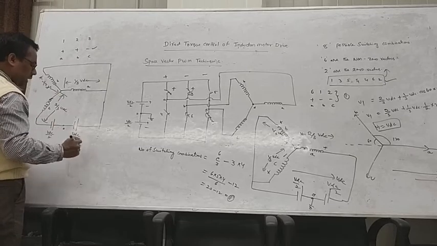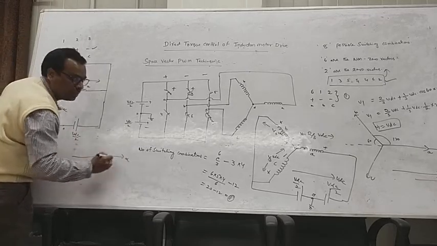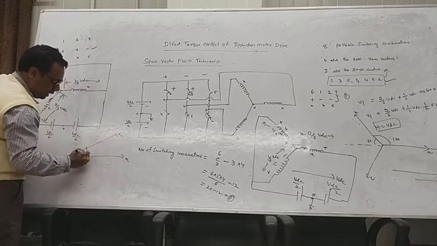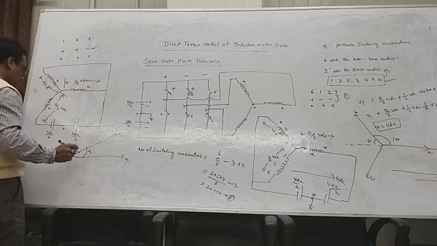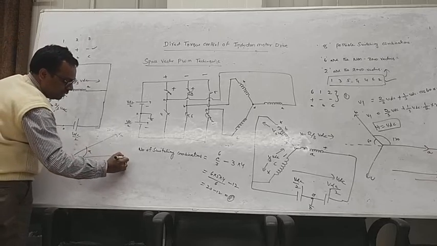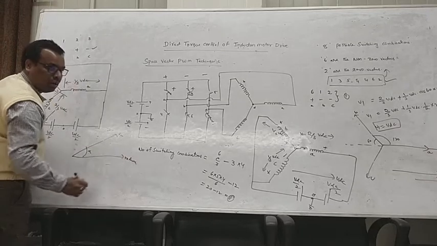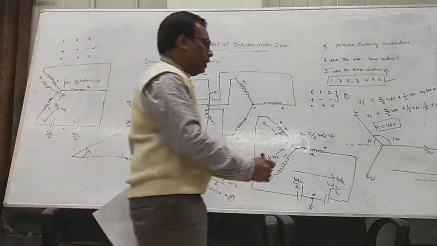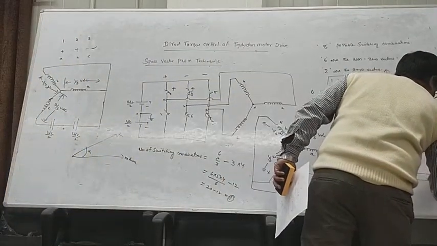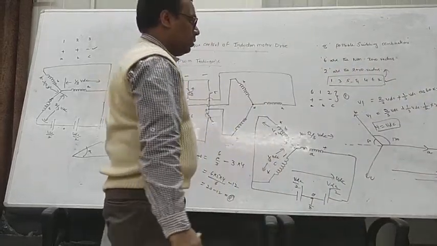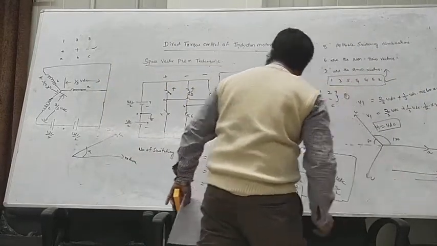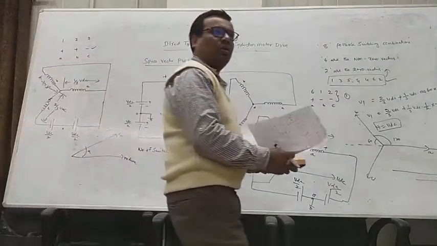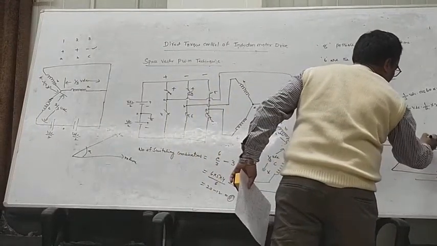Now the resultant, if you see, this is your alpha axis, and this is your voltage vector V2. So this angle is alpha, and this is your reference. So now what are we doing? Earlier, in the first case, this is your voltage vector V1, the resultant voltage vector. Now what will happen? If you turn on this 1, 2, 3 combination, your voltage vector moves to this particular phase. This is V2.